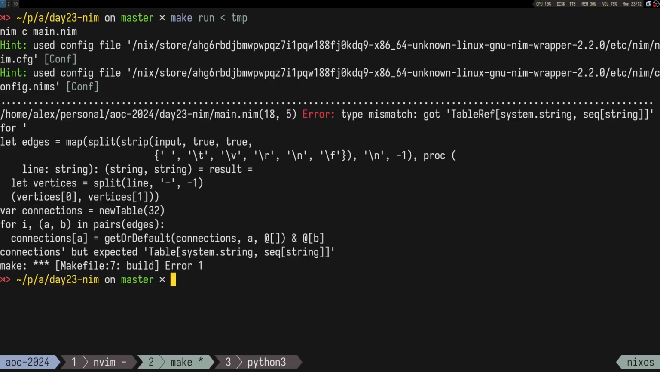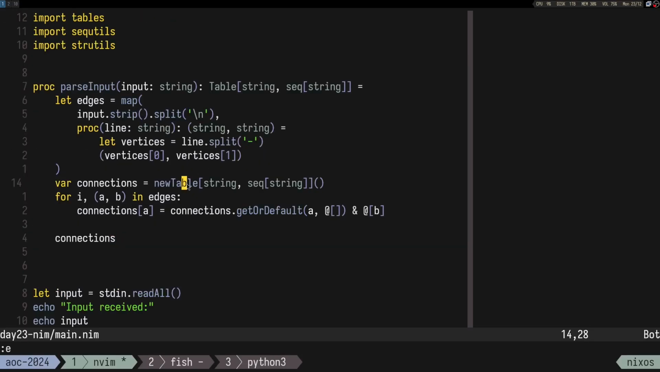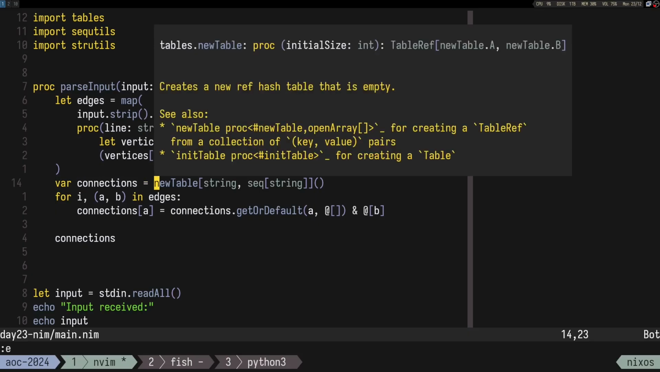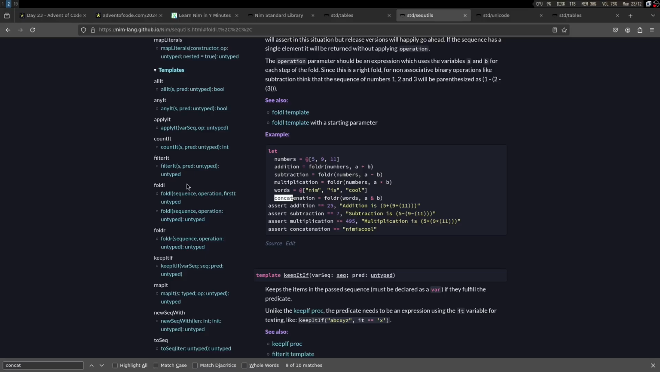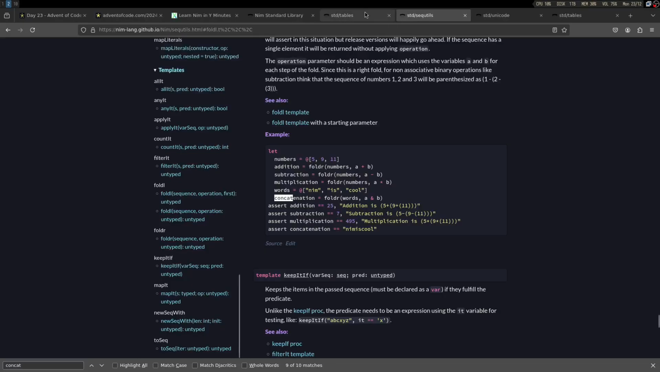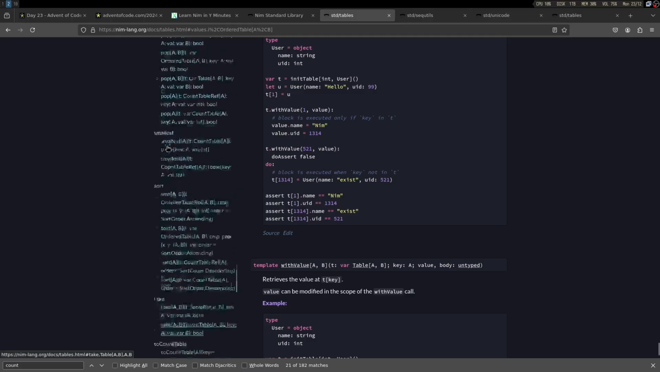I mean, it doesn't help at all, this error message. Got table ref when I literally say new table, but it is what it is. So this is table ref. New table. I mean, we already have a table here, so